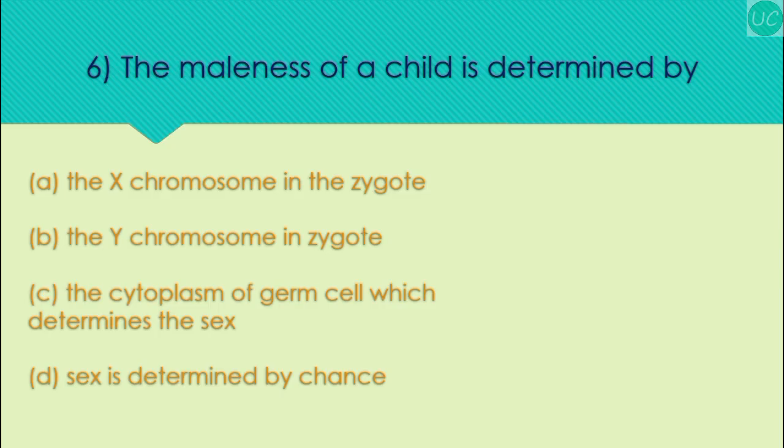Okay, our next question, the maleness of a child is determined by, so is it the X chromosome in the zygote, Y chromosome in the zygote, or the cytoplasm of germ cell which determines the sex, which is a wrong option, and sex is determined by chance, so this is also wrong option. Now between the option A and B, the B option is correct, that is Y chromosome in